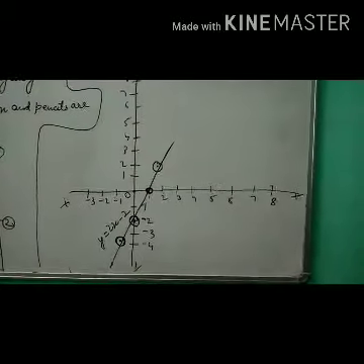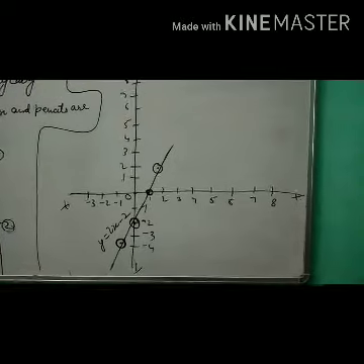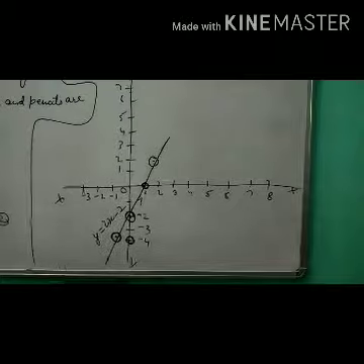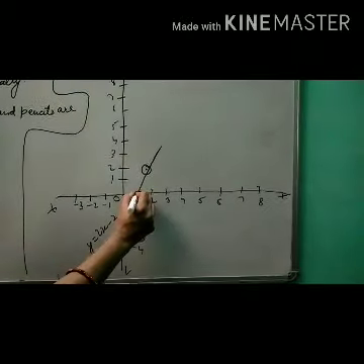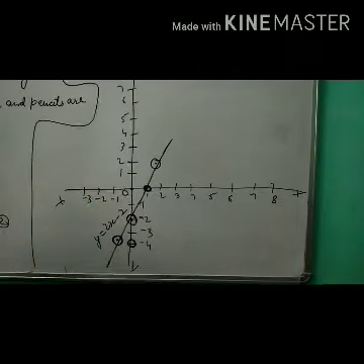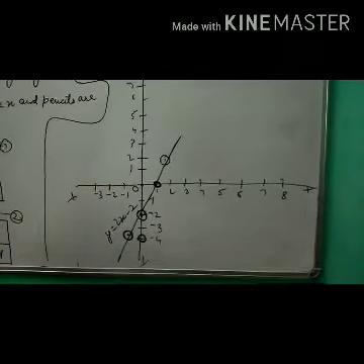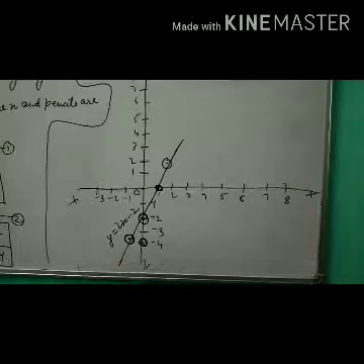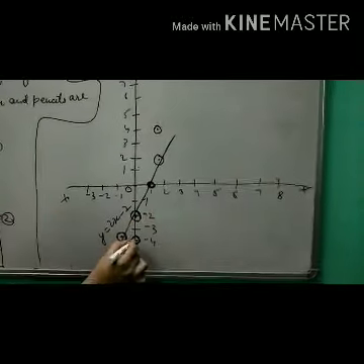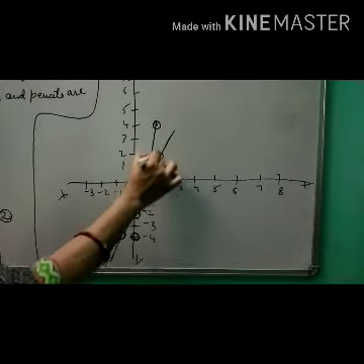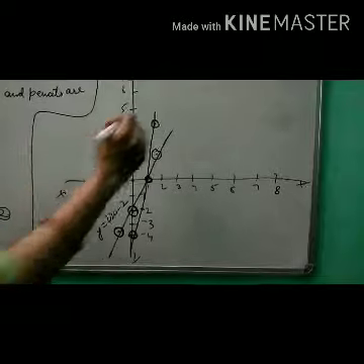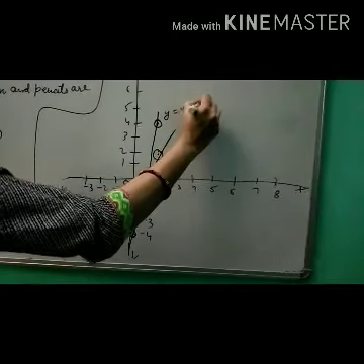Now we will plot another line on the graph. 0, minus 4 is the first point we have here. The second point is 1, 0. The third point is minus 1, minus 8, further down. Then 2, 4. So we have these points. This is the line of the equation y equals 4x minus 4.